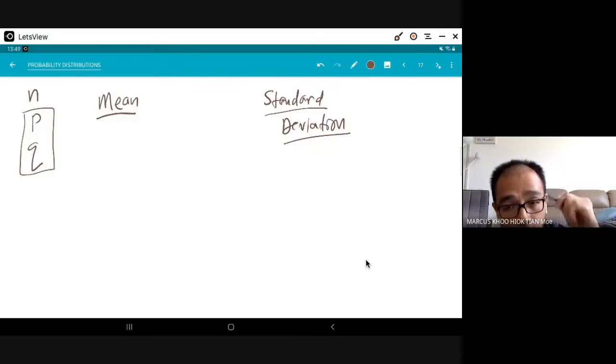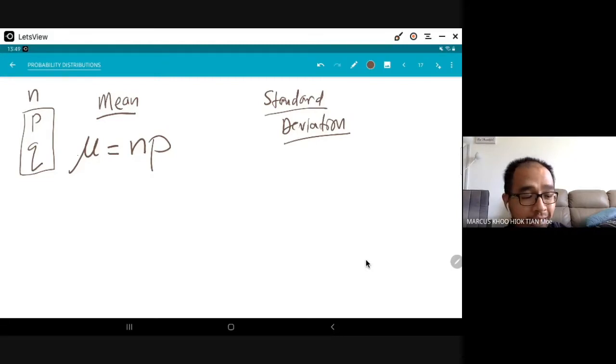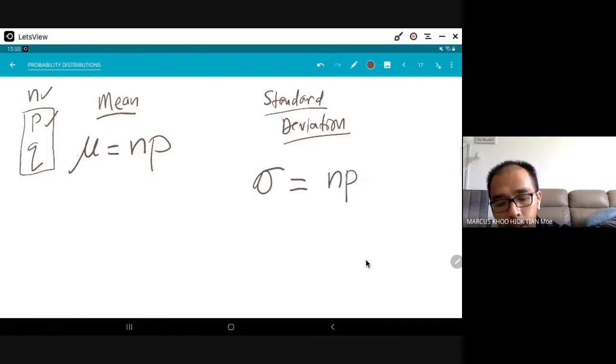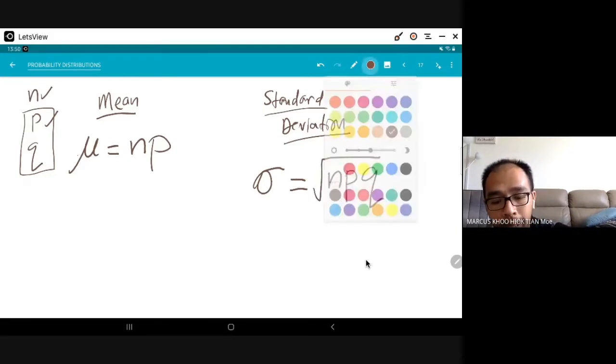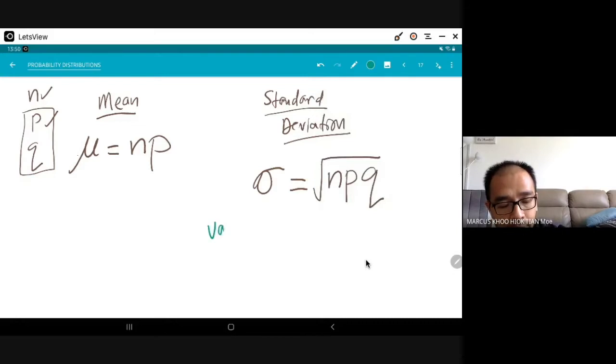Okay, so the formula for mean, the symbol for mean is mu, equals N times P. Senang betul kan? Nilai N darab dengan nilai P. The standard deviation formula, sigma, equals the square root of N times P times Q. Okay, and by extension, I can say that the variance, sigma squared, equals N times P times Q